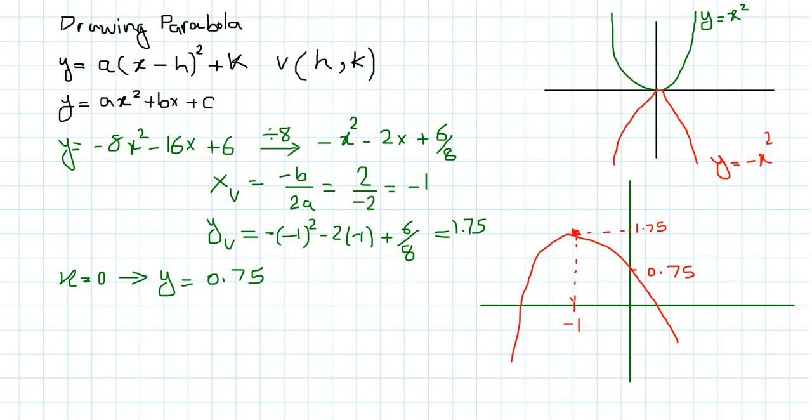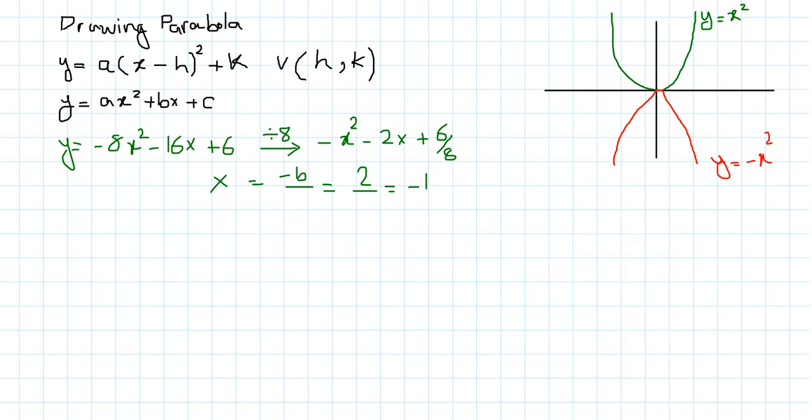Now I want to solve it by the vertex form. How can I solve it by the vertex form? I should change this equation to the vertex form. Again, it's better to divide by a, and after that try to solve it by factorizing between the first two terms. So at first I have minus, factorizing the minus, and